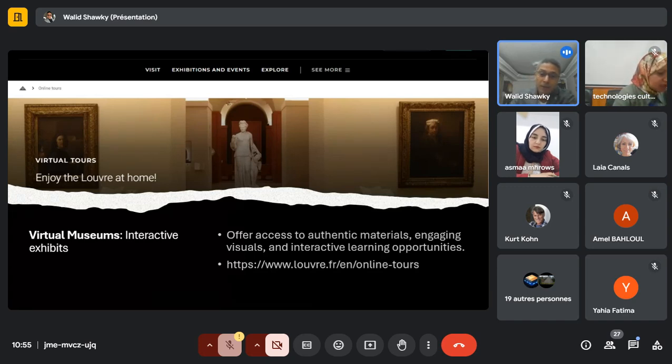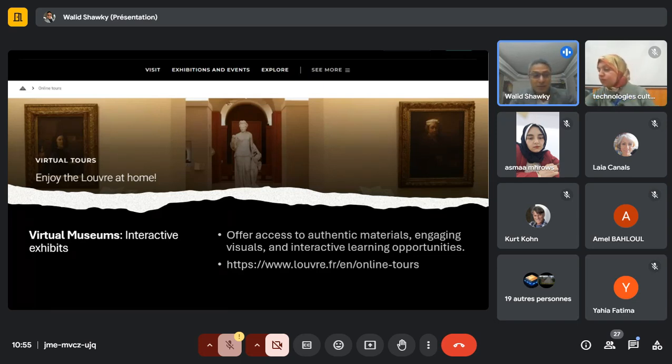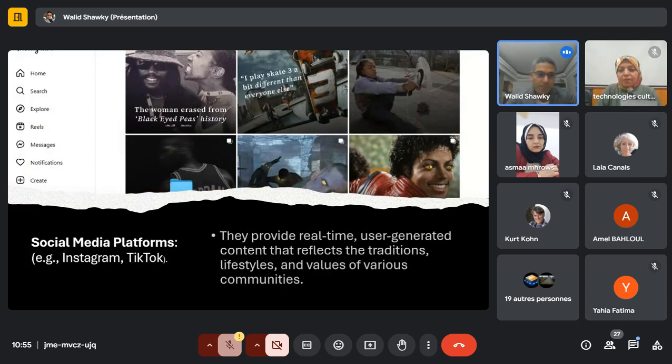And I, again, included the link to the Louvre online tour. So you can click the link, give it to your students. Students will be able to move around the museum, stop at specific paintings. They can read what's in the paintings. They can discuss it. They can read the history of the place, and they can also find areas of interest, and that would initiate a lot of discussion among your students. So you give them, again, another example of real experience of a cultural aspect or a cultural place.